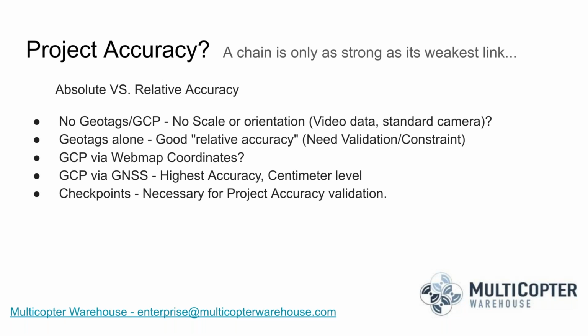It was still a nice model of the young baby, but at the same point in time, the size reference was off. If you do have geotags alone, just from the GPS on your drone, you'll still get good relative accuracy. In my experience, having a known feature on the ground of a known length, I use something called the sky ruler. I find that element is 5 feet long, and typically I'll end up with a measurement of about 5.01 or 5.02, so just a couple hundredths of an inch off using just the geotags